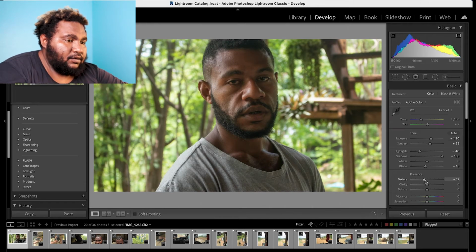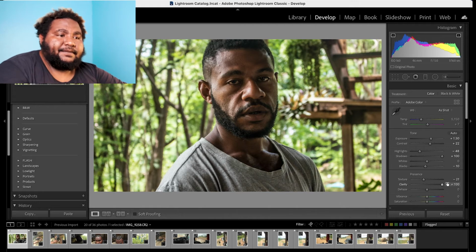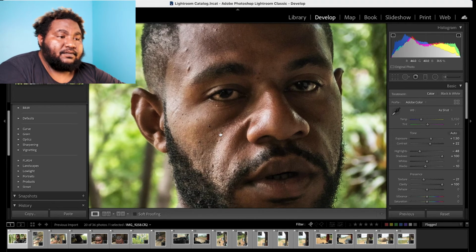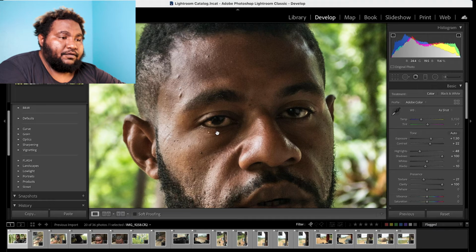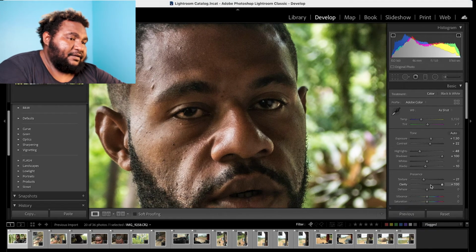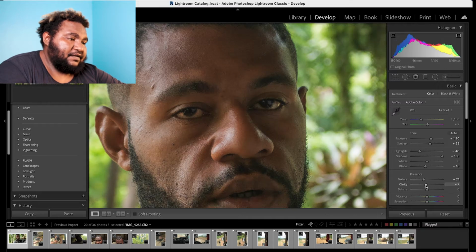So I see a lot of people using clarity sliders to the max like this. Honestly, I used to do this a lot when I first started. And I'm not stopping you, if this is the look you want, you can go for it, but it looks a bit unnatural and not flattering, right? You see how much of a difference it makes when I pull back the clarity slider instead